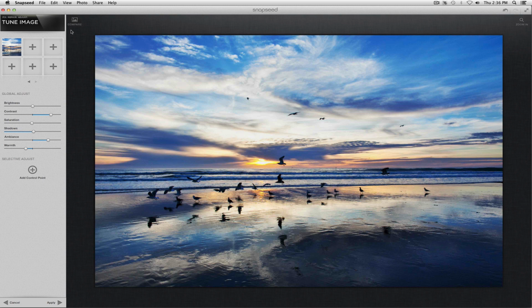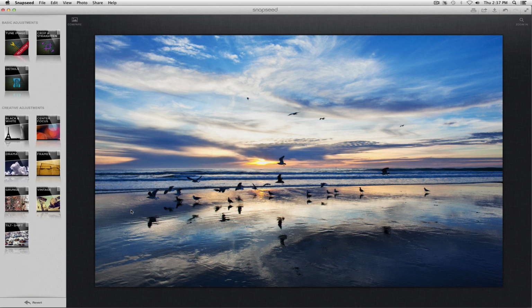If we like what we've done, we can click the apply button. If we hate what we've done, we can actually click the cancel button, and that way we can cancel out and go back to the home menu with all of our tools without applying the adjustments. In this case, I want to decrease the amount of contrast that we're adding in and maybe decrease the ambiance just a touch. Click apply, and that's going to apply this filter to our preview and bring us back over